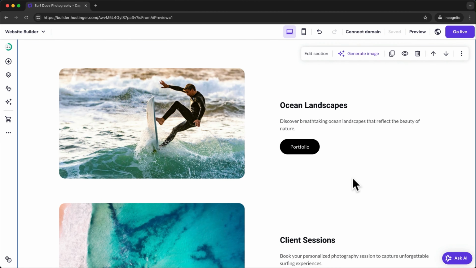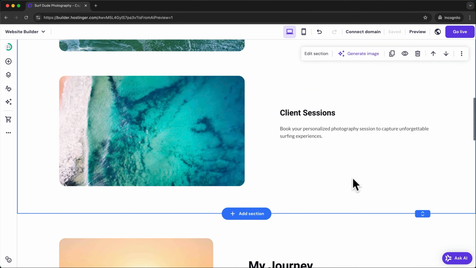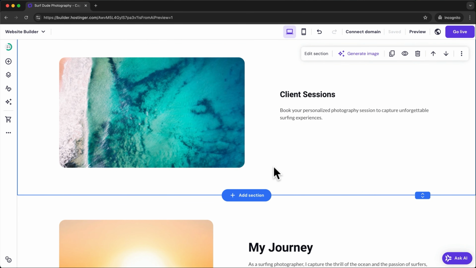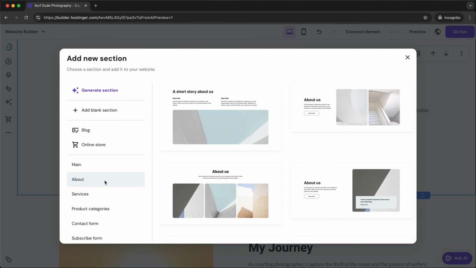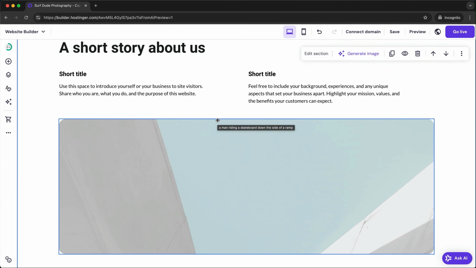If you want to add a completely new section to your page, all you have to do is hover over the section below which you want to place the new one, then click on Add Section. Here we can either start with a completely blank section or we can choose one of these templates. I'm going to use this template right here, so I'm just going to click on it and it will automatically